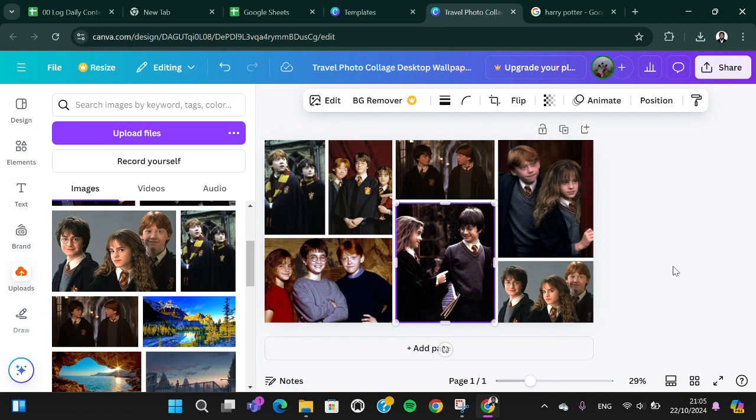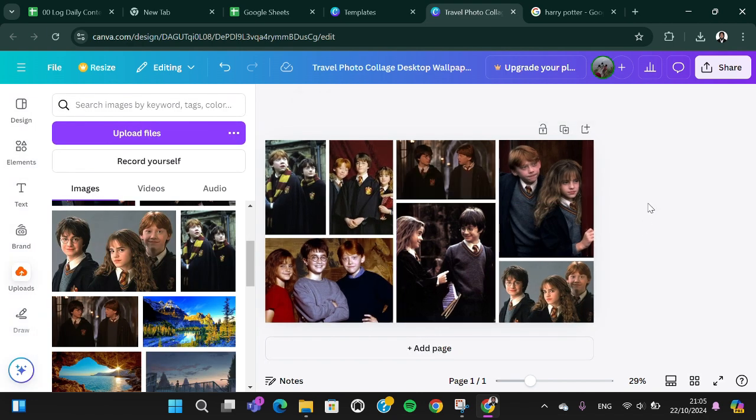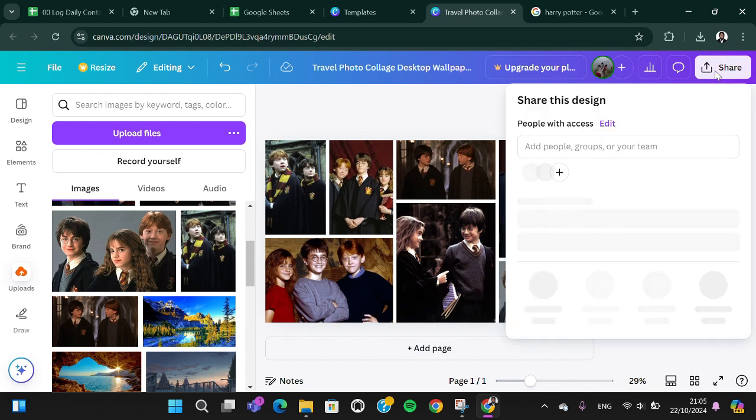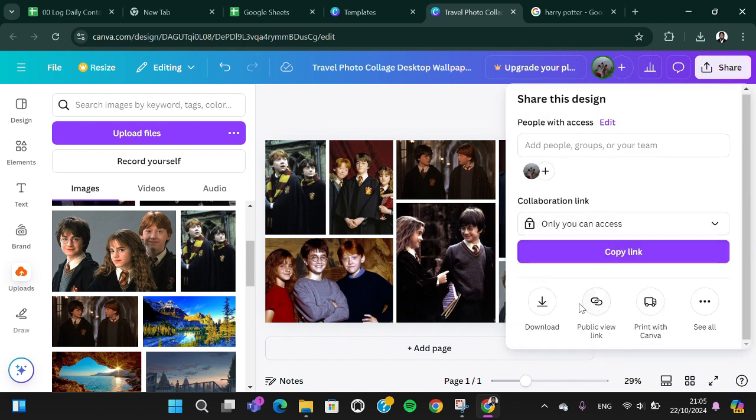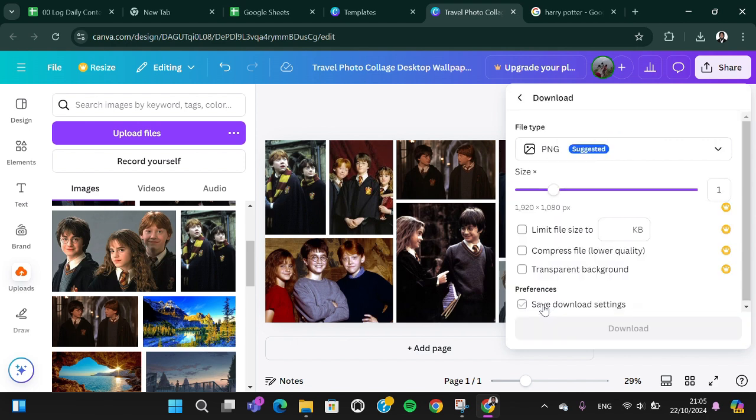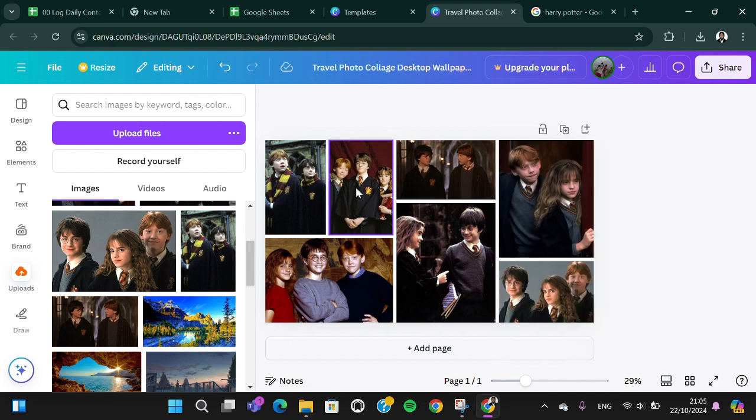Okay, now it's done, and if you want to save your photo, you can click on share, and then you can click on download, and the wallpaper will be downloaded, and you will be able to use it as your Windows wallpaper. Okay guys, and that's how we can create a photo collage wallpaper for Windows using